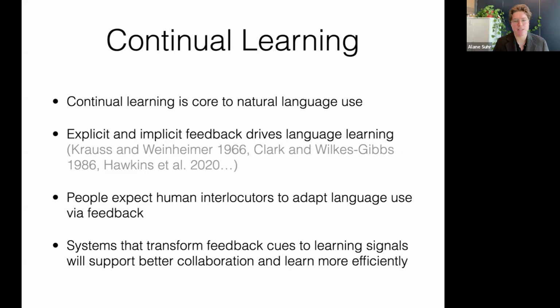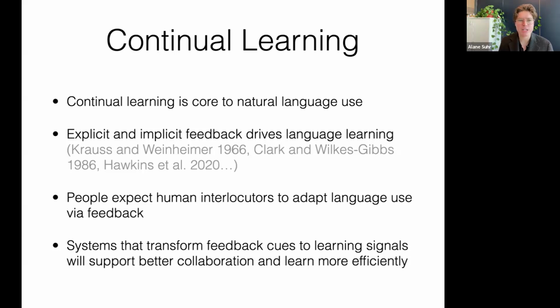But we also expect our interlocutors, the people that we're engaging with, to adapt their language use via feedback. So again, if I look confused maybe, then I'm expecting my partner to explain something more in depth. And the key insight here is that if we build systems that can transform these very natural feedback cues that arise in interaction into actual learning signals that allow our models to adapt over time, then we'll actually both